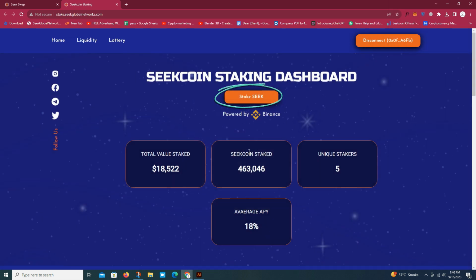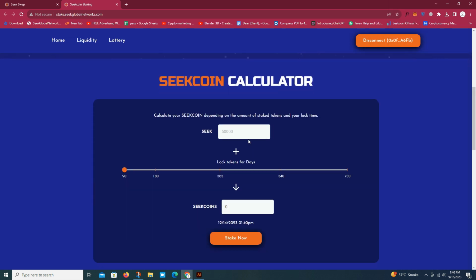Click on Stake Seek button. Use the Seek calculator to determine your staking options. For example, if you're staking 5,000 SeekCoin for 90 days, you will receive 5,187.5 coins after this period. You can also stake for 180 days, 365 days, 540 days, or 730 days, with rewards varying based on the